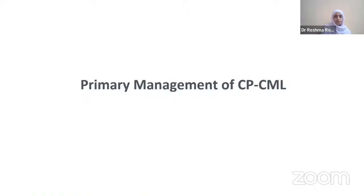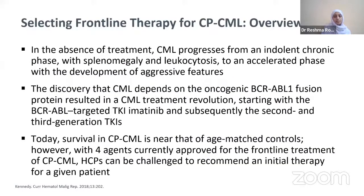So primary management of CML is relatively easy. It's just like diabetes or hypertension. If the Sokal score, or other scores, whichever we are following in our practice, is not high, you start with a simple tablet. The patient is relieved, the doctor is relieved. There's no intensive